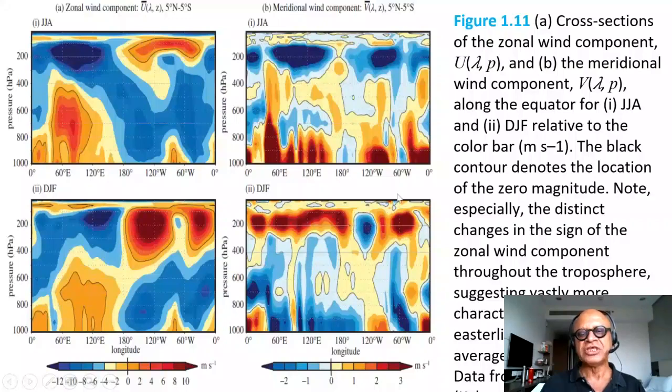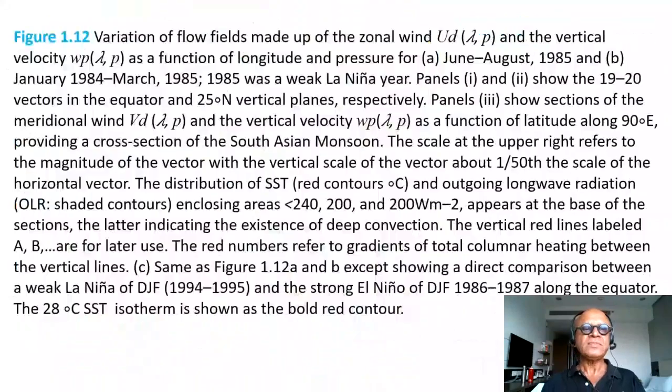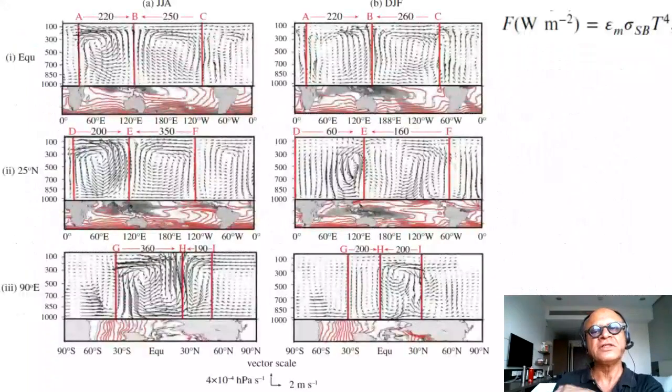You can clearly see the strong meridional winds in the deep tropics, which means you have cross equatorial flow that we talked about before, in the regions where there is a strong convergence into the ITCZ. Okay, let's see. This is now showing vertical sections of winds. So this is the equator, 25 north and 90 east, and we haven't talked about the circulations yet, but this